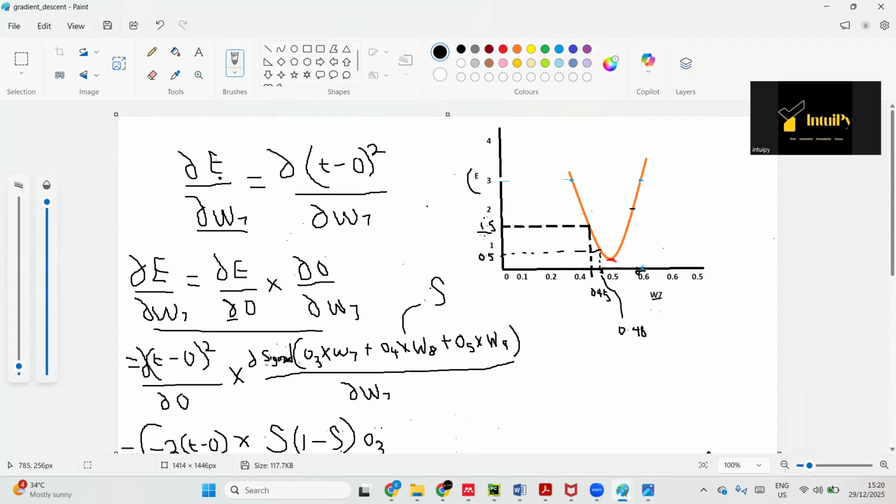Our error moved from 1.5 to 0.5. And the same thing here too. If we replace our E by target minus output, so T minus O, we can also square it